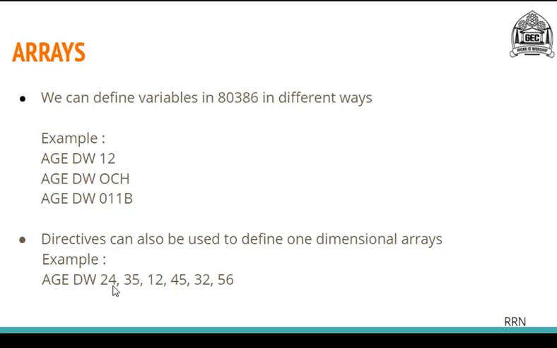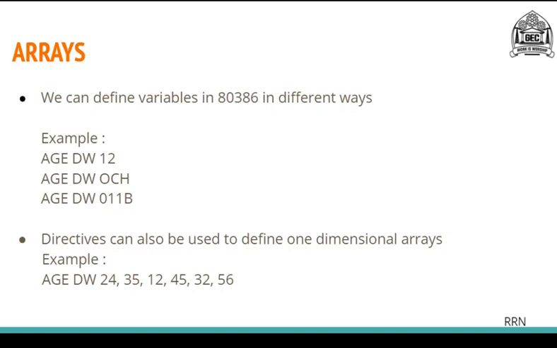So similarly, we require 2 bytes for each item of this array. These are 6 items. 6 into 2, we will require 12 bytes to store this particular array. The size of this array age is nothing but 12 bytes. How have we calculated that it is 12 bytes? It contains 6 items. Each item is of 2 digits. To save one digit, we require 1 byte. So to save one double digit, we require 2 bytes. 2 into 6 becomes 12 bytes. So here to save this particular array, we require 12 bytes of storage space.